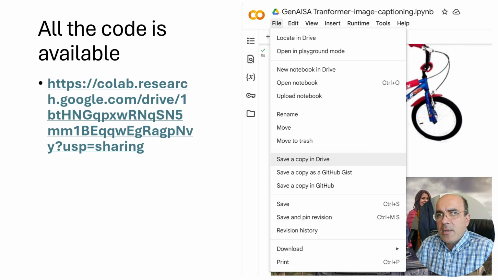In Google Colab, you can easily view and explore shared notebooks without making any modification. However, if you want to run the code and make changes, you should first save a copy of the notebook to your own drive. This ensures that you have full editing access and can execute the code without restrictions. To do this, simply go to File and Save a Copy in Drive, which creates a personal version of the notebook in your drive. This way, you can modify the code, install necessary dependencies, and save your progress without affecting the original shared file.